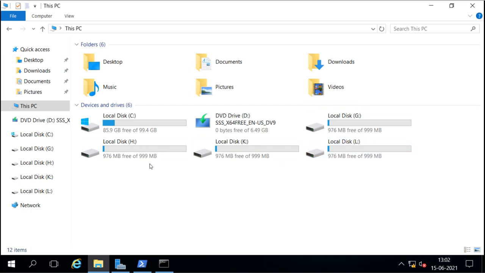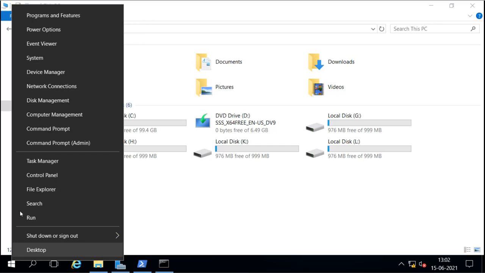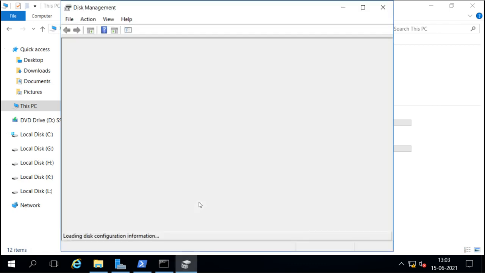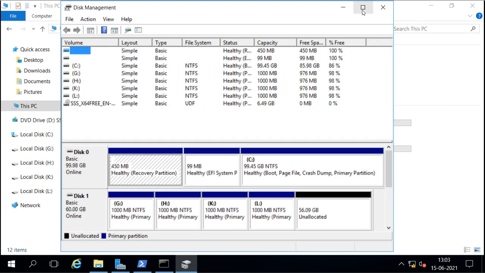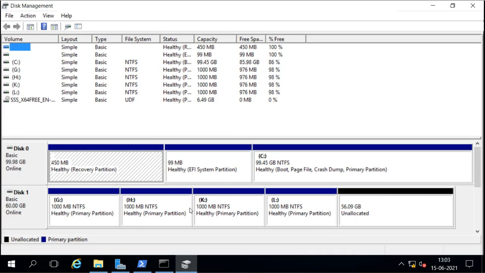Now I will open the disk management. We can right click on this window to open the disk management also. Now what we are seeing here is 4 primary partitions under the MBR. Now this remaining space is 56 GB and we are not able to use this remaining space, whether I try to create it from graphical or command line.